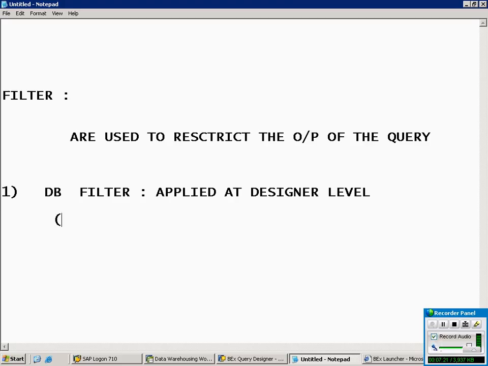You can call this a concept called restrictions. It is the same thing. You can call this database filter a restriction. Done. Next,